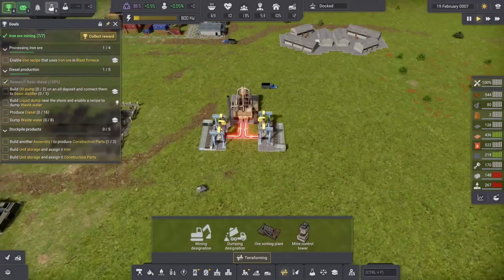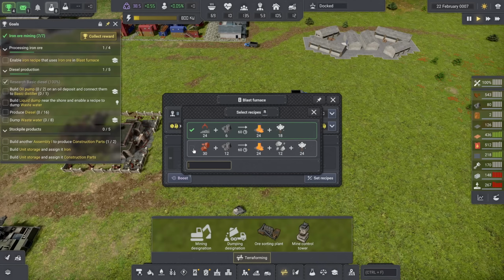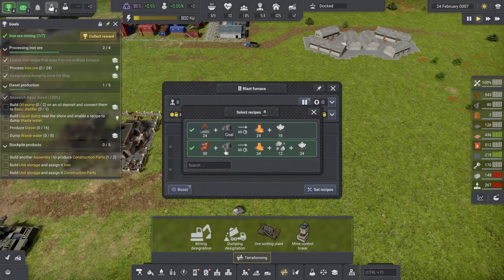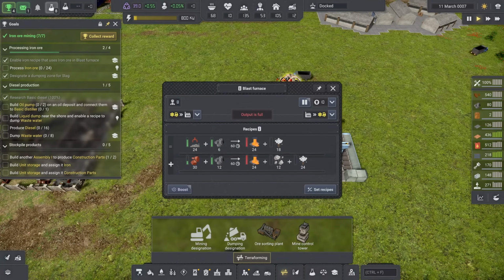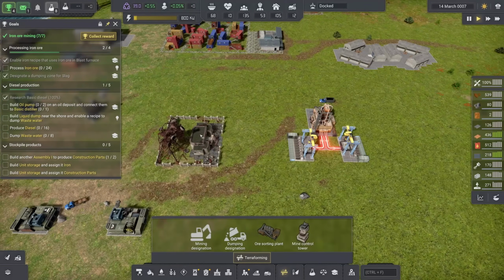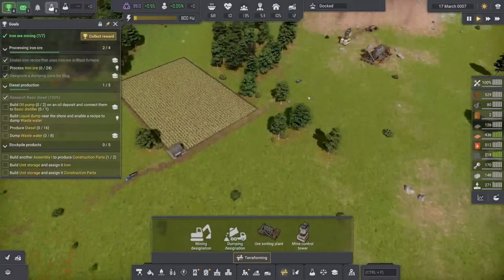We're going to head back over to our blast furnace and set another recipe. In this case, it's going to be iron ore. It does require more coal. In addition to the molten iron, it also is going to give us slag, which is another waste material, I suppose, for now. And the trucks start dropping off the iron ore. Now, notice that you can prioritize which one of these is done first. And in this case, we want to use every little bit of the abandoned communication station